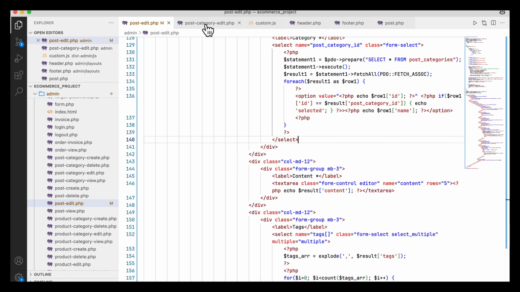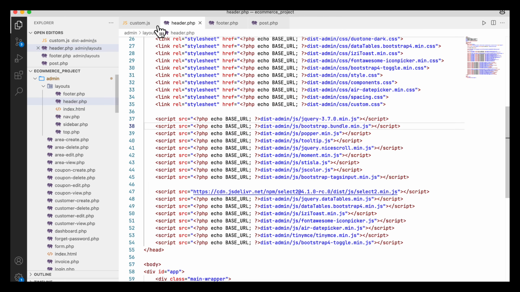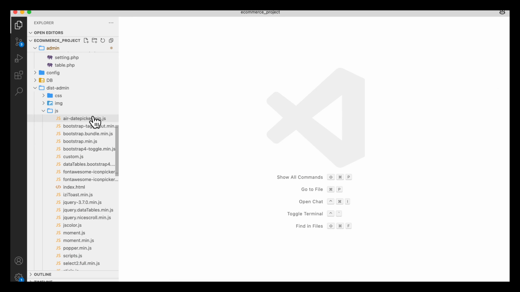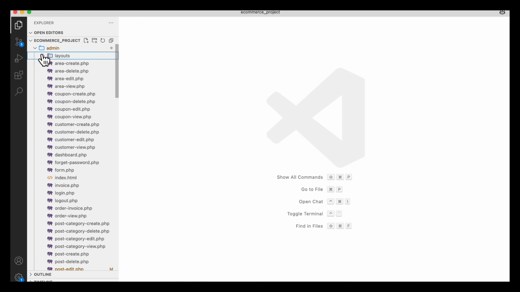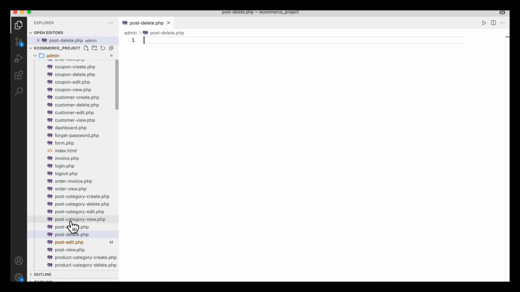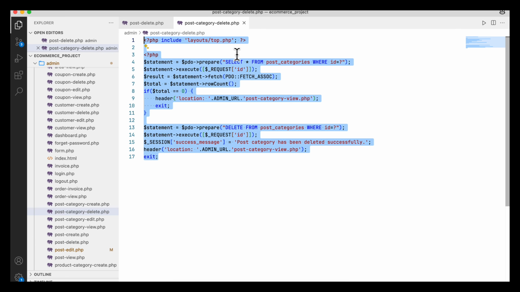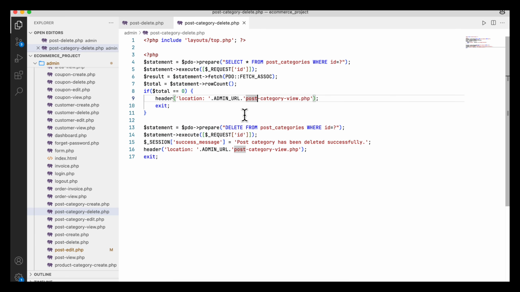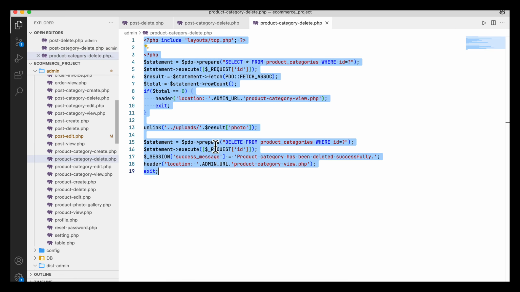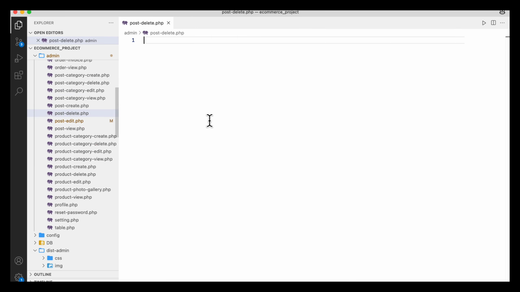Now if you want to delete this one, what will happen? Now I will work with the delete option. So the post delete option is done for the case of tags. So I am going to close all the data from here. Now I am going to work with the delete. So that means the post delete.php. Actually the photo will be deleted, so not post category. Product category delete, here I am going to copy from here, and I am going to post delete and paste